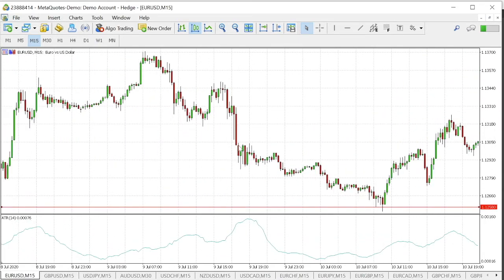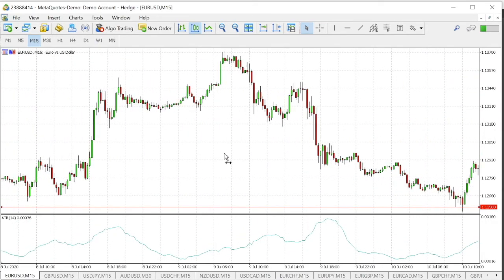So in order to not get stopped out, it is important to have a strategy in place. Today I'm going to show you how to use this ATR indicator to help you position your stop loss level. So one way is to take the value at the low of this candle and minus 2 times the ATR. At this point in time, the ATR was around 0.00055, so we can just round that up to 6 pips. And if I do that on the calculator,